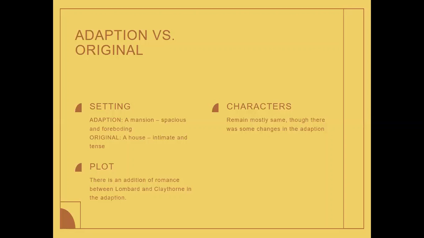For example, the mercenary Philip Lombard, who sent his men to a bush without water and food so that they died from starvation. But in the series, he was the one who directly killed them. The series also focused more on the gothic paranoia sense, enhanced by the different setting, the large mansions instead of the elegant plotting in the book.